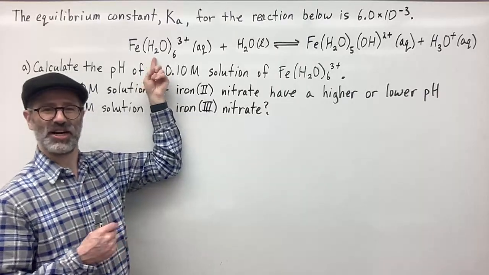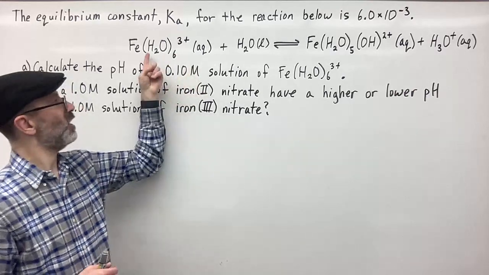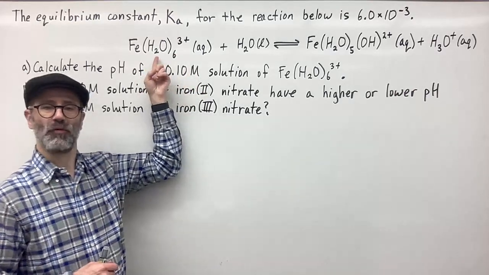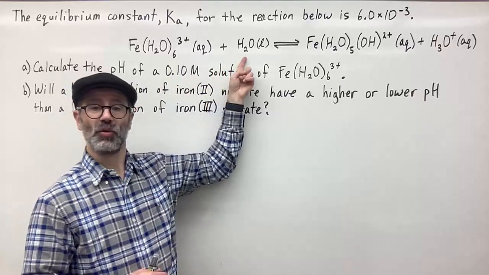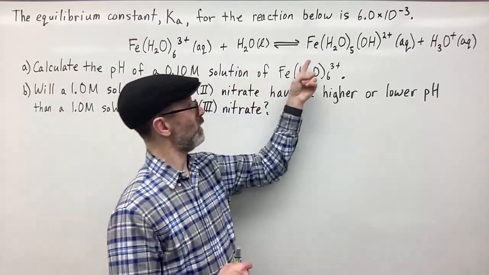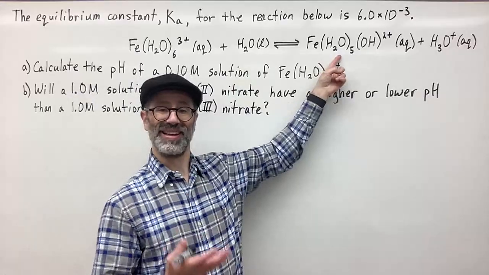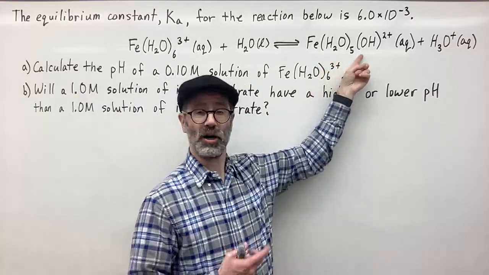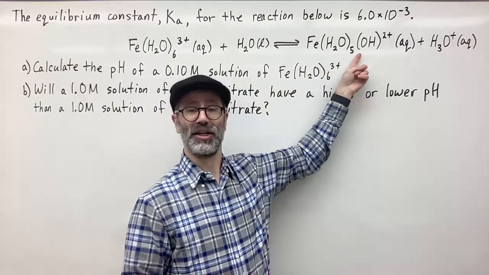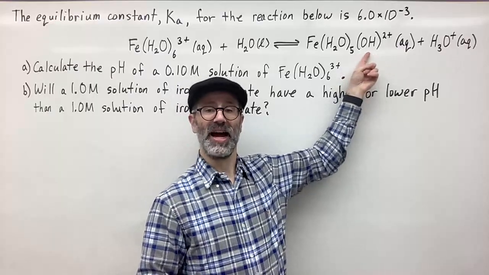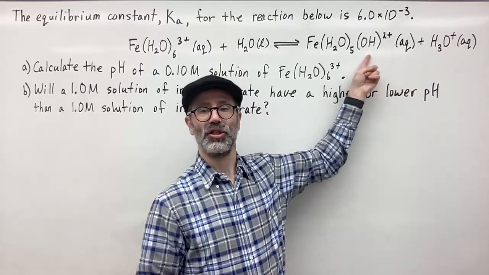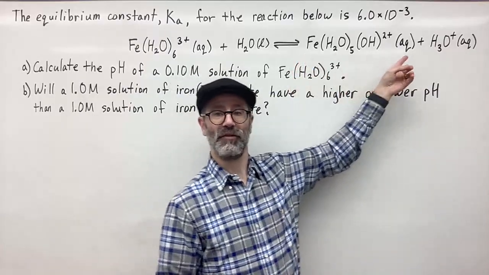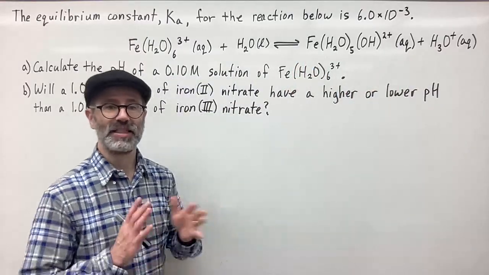So the hydrogens can come off, and that's what you see here. One of the hydrogens of one of the waters comes off, is donated to the water molecule here, leaving 5 water molecules as ligands, and the water molecule that donated its hydrogen is then a hydroxide ligand, in this case bonded to the iron, giving us the hydronium ion,